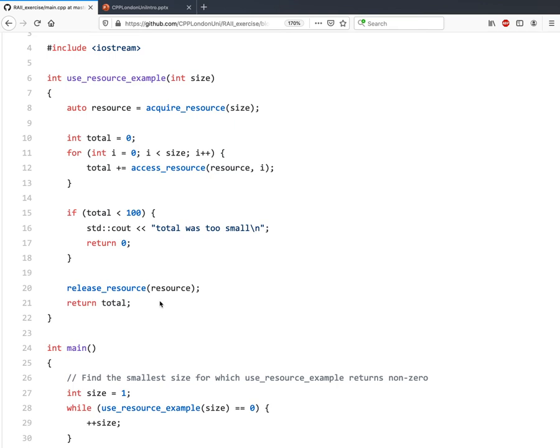And if we had multiple resources, well, the same would apply, because the compiler is going to insert destructor calls for all the variables that need it, effectively. Right? So it doesn't matter if we had one resource or 10. They're all going to get destroyed. However we leave the function, whether we leave the function here, whether we leave the function at the bottom, whether we leave the function because something we're calling throws an exception, it doesn't matter. If we use a resource handle, we don't have to worry about it anymore.